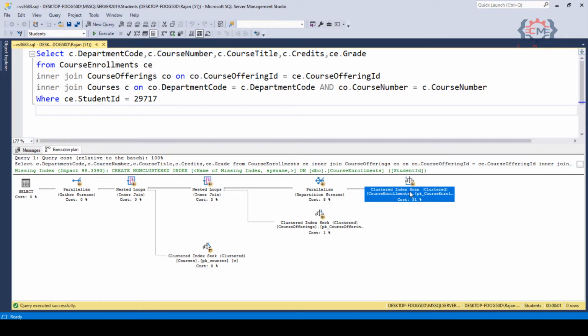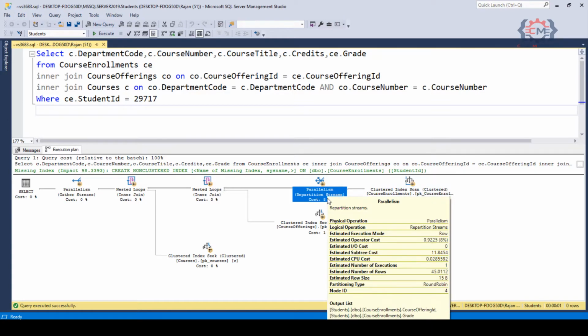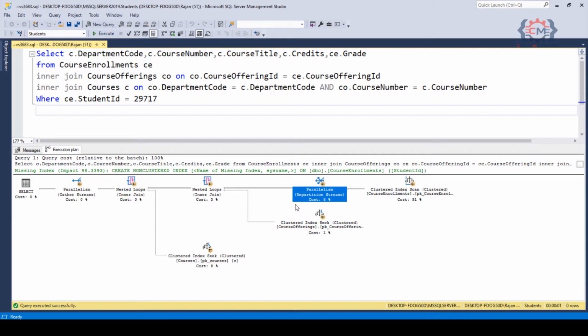So we just read the course enrollments table and we got out the records for a particular student in there. And then if we come over here to the left, we see this step of parallelism. If you are unaware of the concept of parallelism, then I would like to give you a brief explanation. Parallelism is a concept in which a big task is divided into small tasks that run simultaneously and create the desired result, and finally the partial result of each small task is combined into the final result. This concept of parallelism helps run queries much faster.